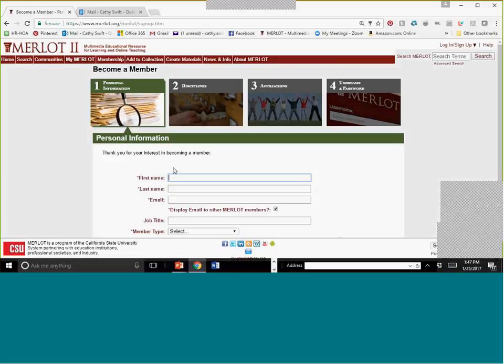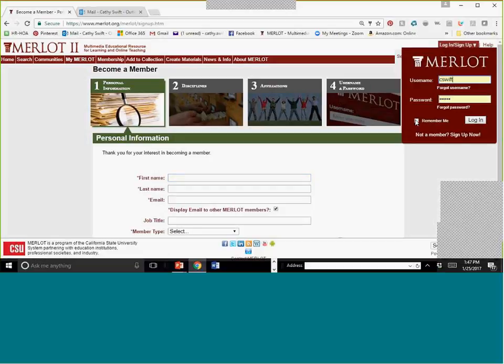There's a simple widget that walks you through the different steps to join. We ask you to identify your discipline, your affiliation, like Troy University, and then to create a username and password. So it's a very simple process of joining MERLOT. Again, there's no cost. We don't send any email out.